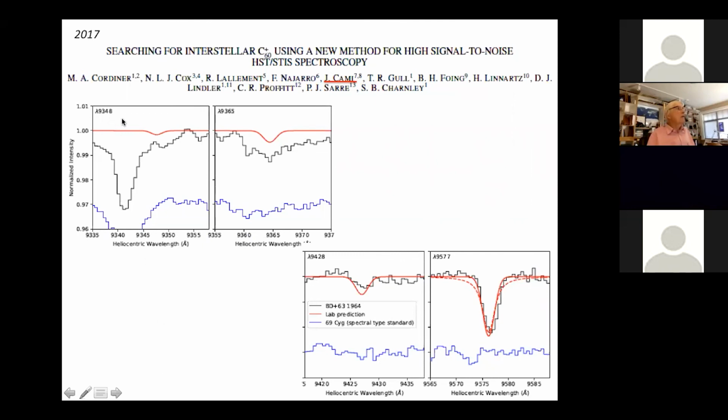So if we look at 9348, the red is the predicted profile from the lab, and within their areas of observation, it all looks pretty good. They also didn't look at the 9632. I think they were somewhat bold in saying that they had now finally proven it, since our stuff was questionable, but that's science for you.